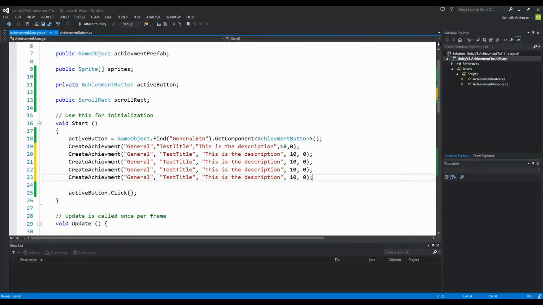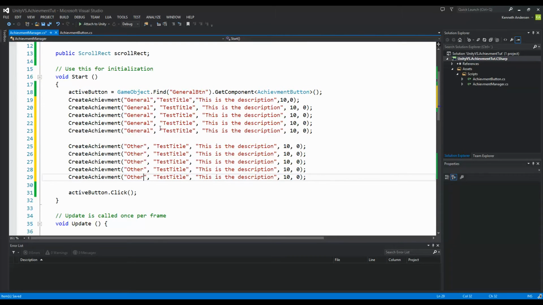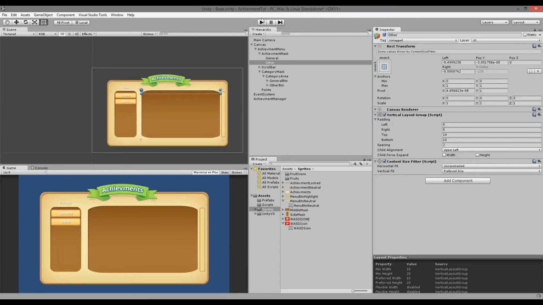So now we just added 5 of the same achievement to the general category, and we can actually just copy paste this whole thing, make a space here, paste it again, and then change this to the other category. Just copy paste like this. So now we're creating 5 achievements in each category. So if we jump back into Unity and run this,